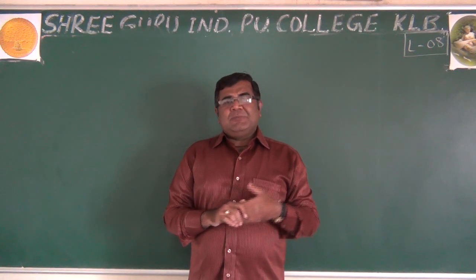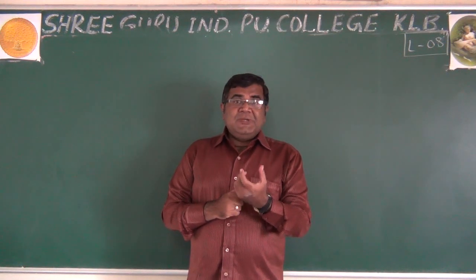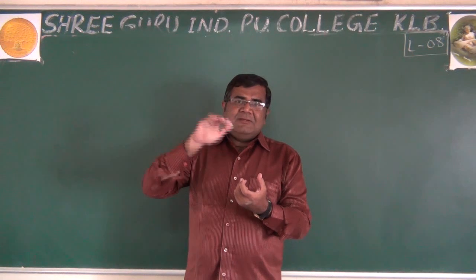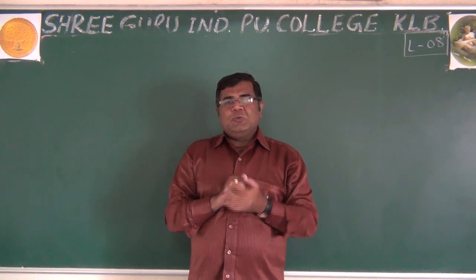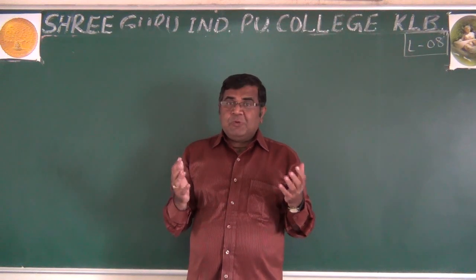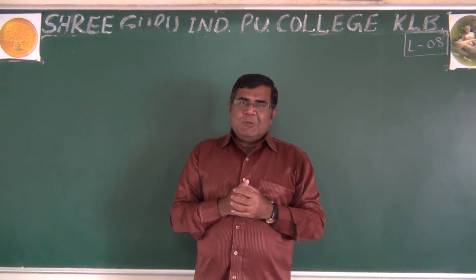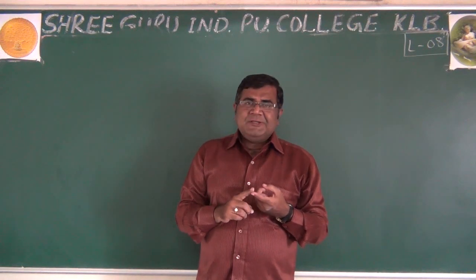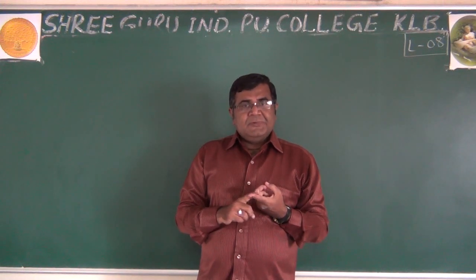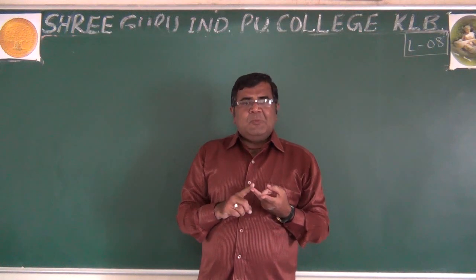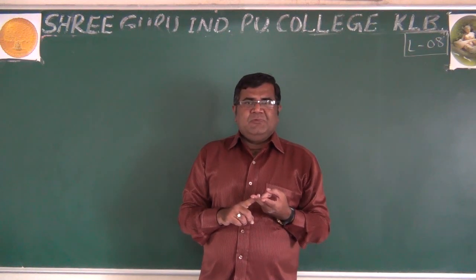In last class we learned about the properties of the colloidal solution. Due to their intermediate size, more than true solution and less than suspension, which is 1 nanometer to 1000 nanometer, they have very unique properties which are not seen in true solution, nor in suspension. The first property being the colloidal property, then optical property like Tyndall effect, color, and kinetic property like Brownian movement, and the origin of charge we have